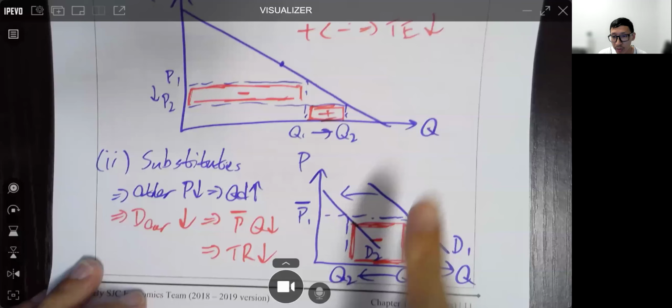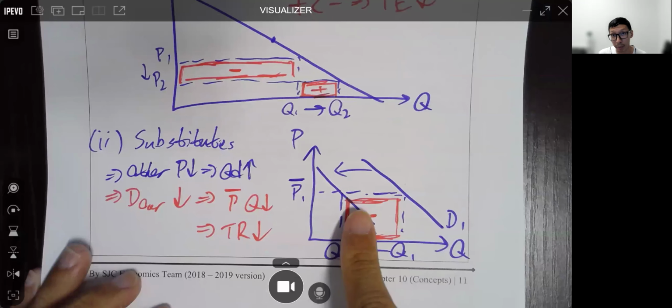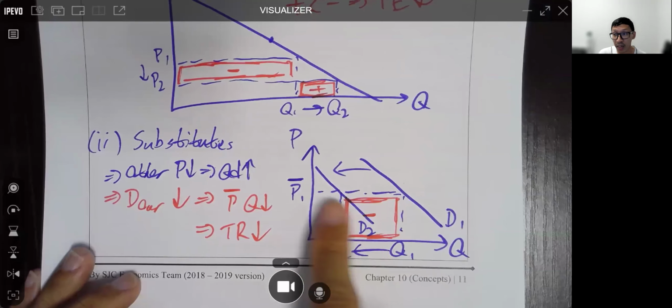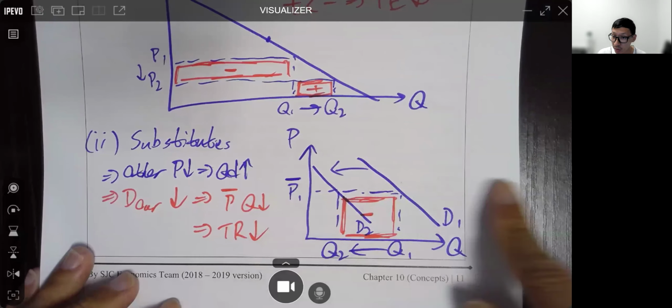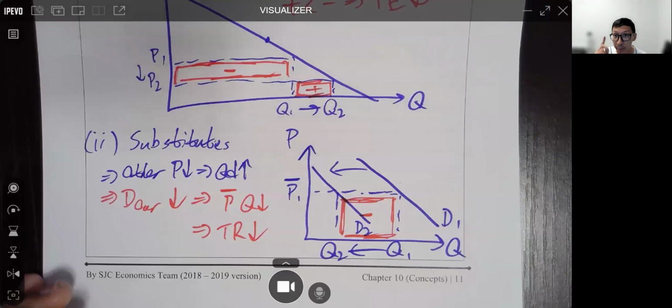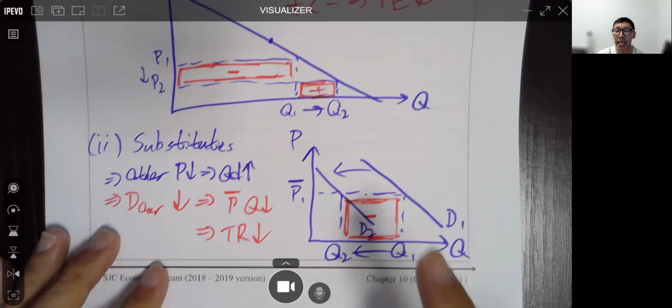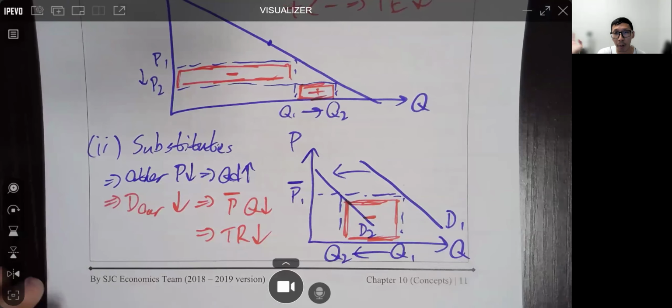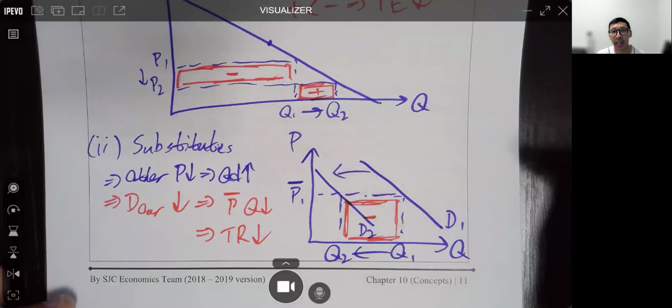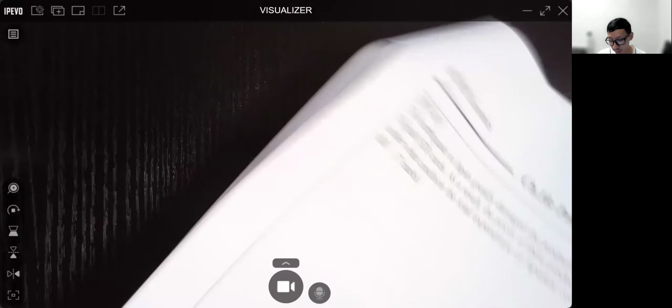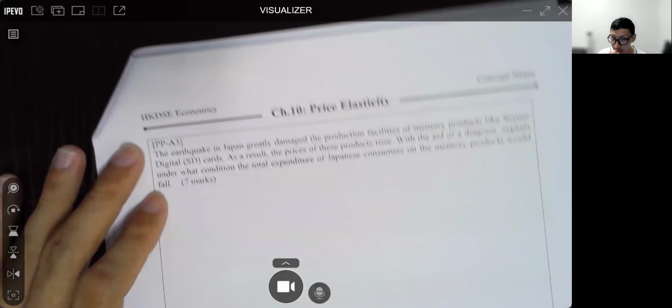For example, 你見到要呢條啦 if you need to draw a supply curve, you see the problem, right? 係咪啊 we only can use a horizontal supply, but there is no way to explain why there is a horizontal supply. So we just ignore the supply curve, completely ignore the supply curve. That will be good enough. Okay, 得唔得？